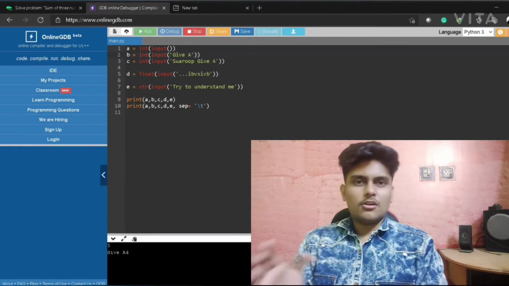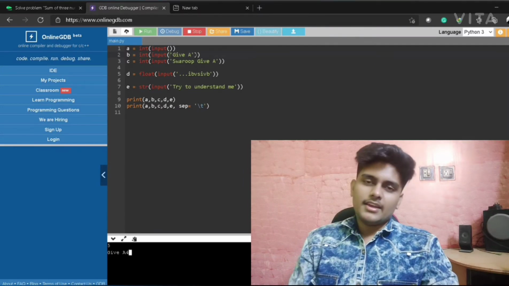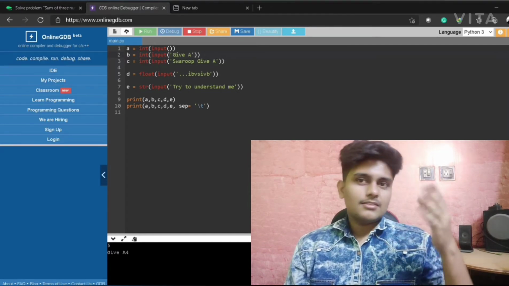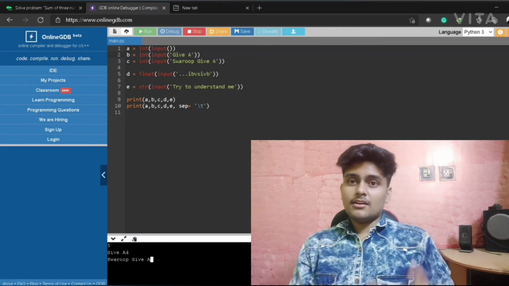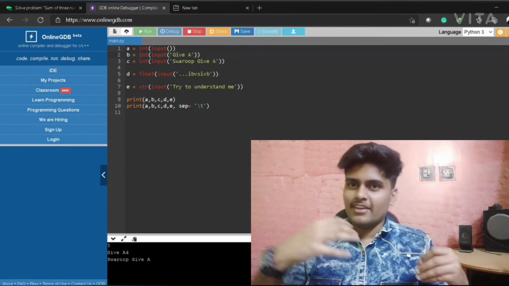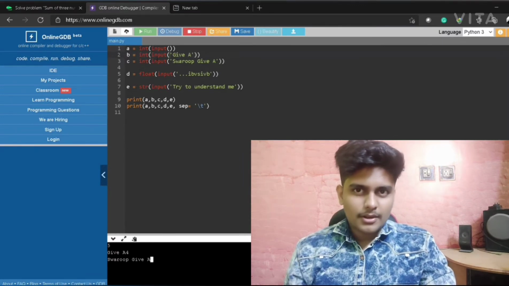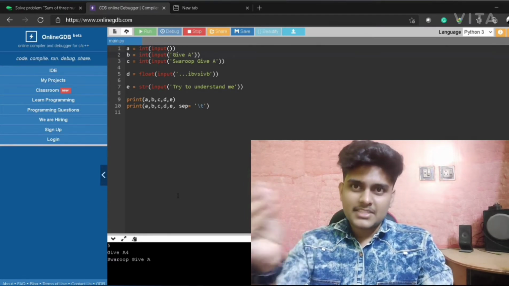It's not giving space because we have not given any space after a. If we give space, then it will also take space. So next, give a, we have given 4, then I will press enter. Then in the c value also it's asking, like, Swaroop give a. So what does this mean? Here also it's asking for an integer only. Here I just want to show that it's just a message.